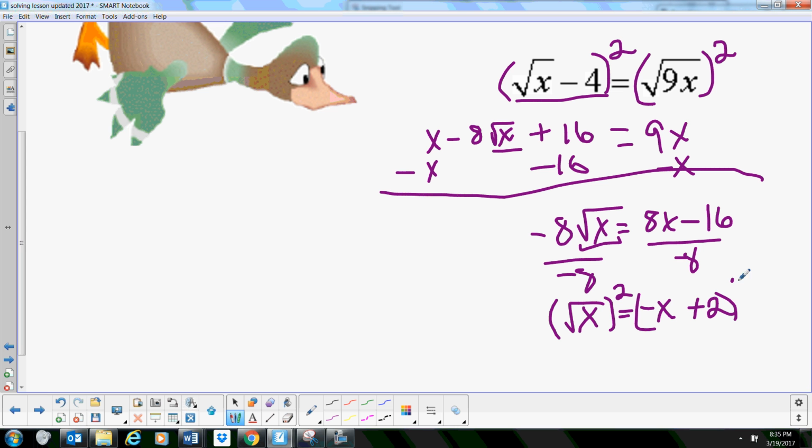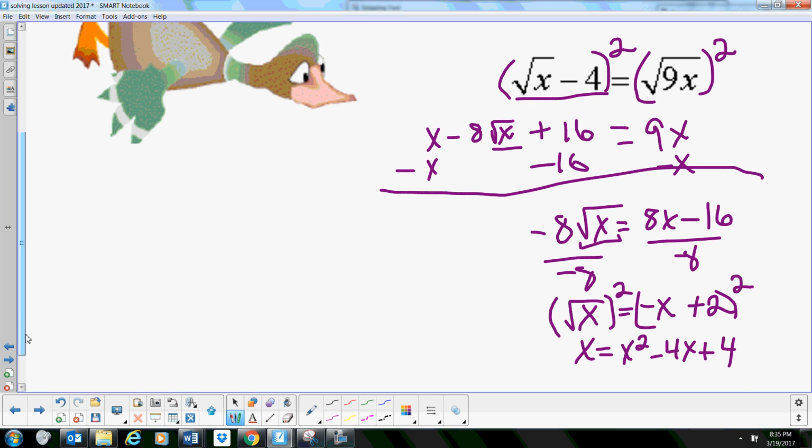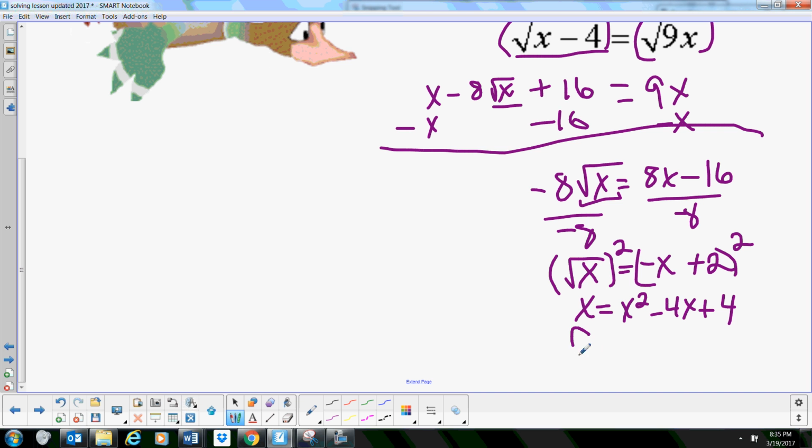So this one took two times to square it. We get x is equal to x squared minus 4x plus 4. Now we're going to bring that x over to the other side, so we have it equal to 0. So we're going to bring the x over, and that's going to make it -5x